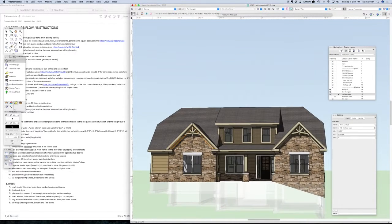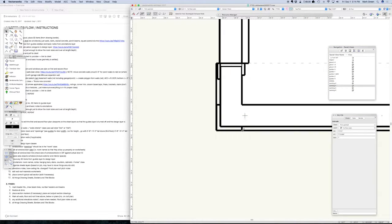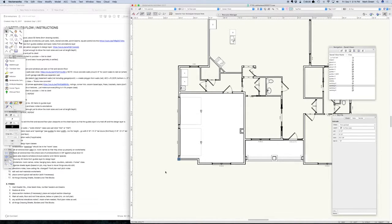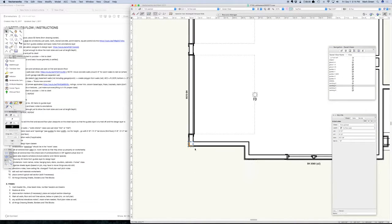I'll show you these corner trims then. Let's go to working 1 and zoom in on this corner. There's a corner piece back there, corner piece back there. These are all separate, but I'll actually oftentimes just create all the